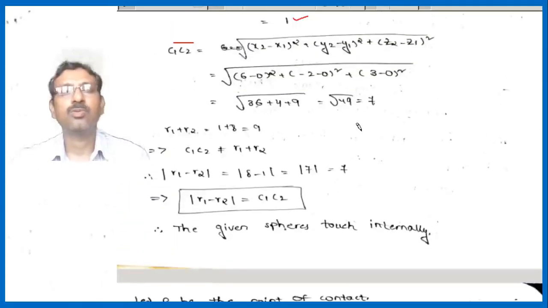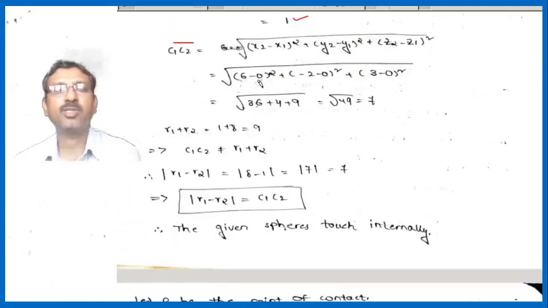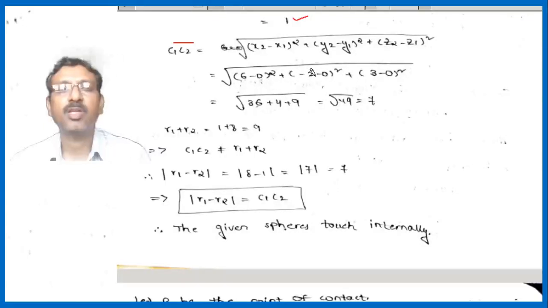So using the formula, (6 minus 0) whole square plus (minus 2 minus 0) whole square plus (3 minus 0) whole square. So 6 square is 36, minus 2 square is 4, 3 square is 9, so 49, that is 7. So C1C2 is 7,